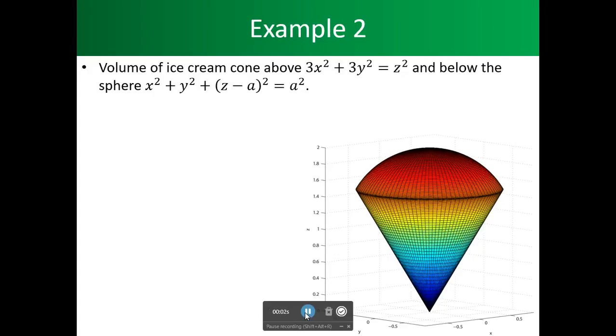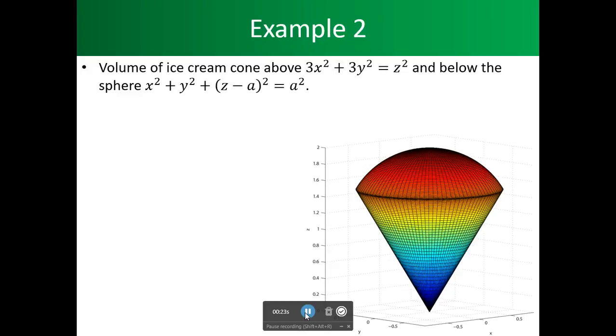Excellent. We're here for part number 4, and we have example number 2. So this should be wonderful. Obviously, this looks like an ice cream cone, right? This sure is. So let's find the volume of an ice cream cone, which has the above